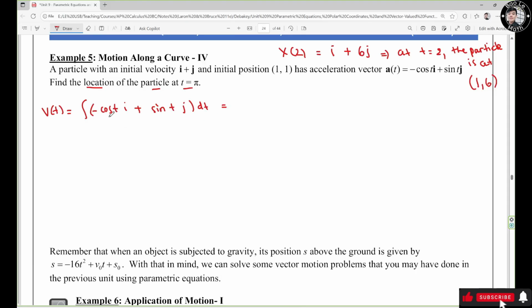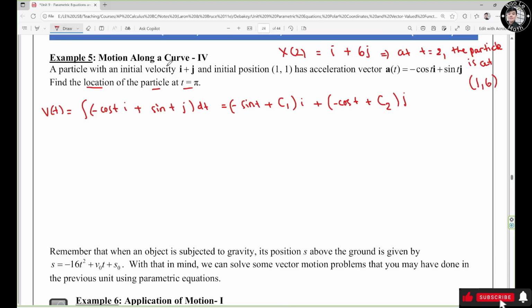So the antiderivative of cosine is going to be sine, right? So it will be negative sine t. Don't forget to add the constant C1, right? This one is the i component, right? Plus the antiderivative of sine should be negative cosine, right? So negative cosine t plus C2 j,